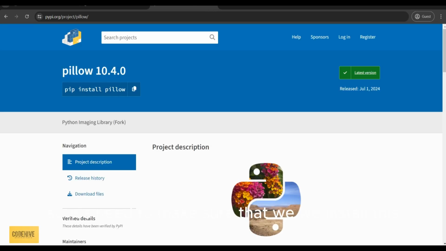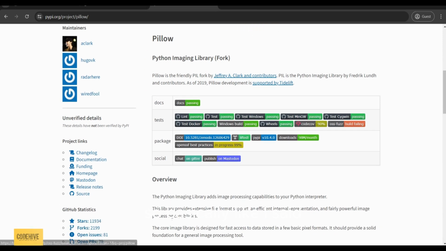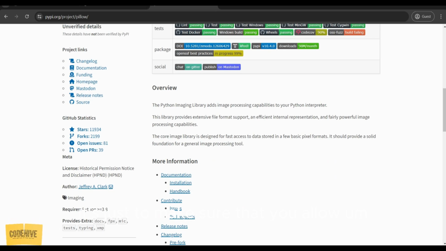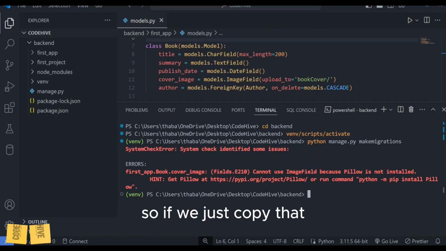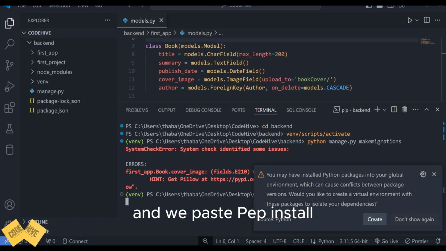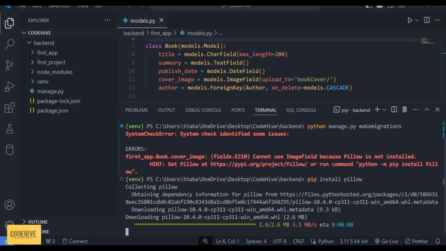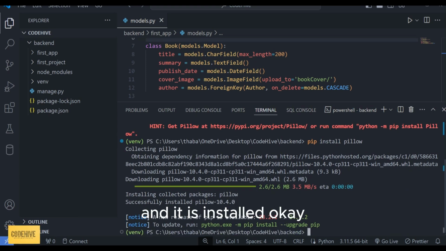Okay, so we need to make sure that we install this. So basically, like I said, it's just to make sure that you allow for image uploading as well as file uploading. So if we just copy that and we come back to our Explorer, to our terminal, and we paste pip install,